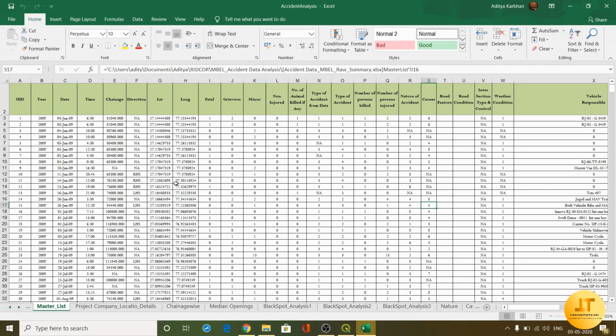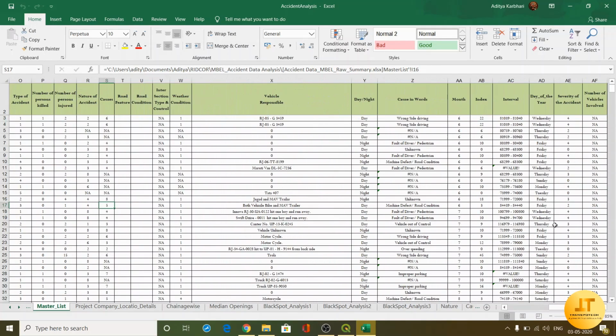While calculating accident data, we calculate the severity of the accident. So if it is a fatal accident, we give severity of accident as 4. If it is a grievous accident, we give severity as 3. If it is a minor accident, we give severity as 2. So we can use this severity of accident to give weightages.